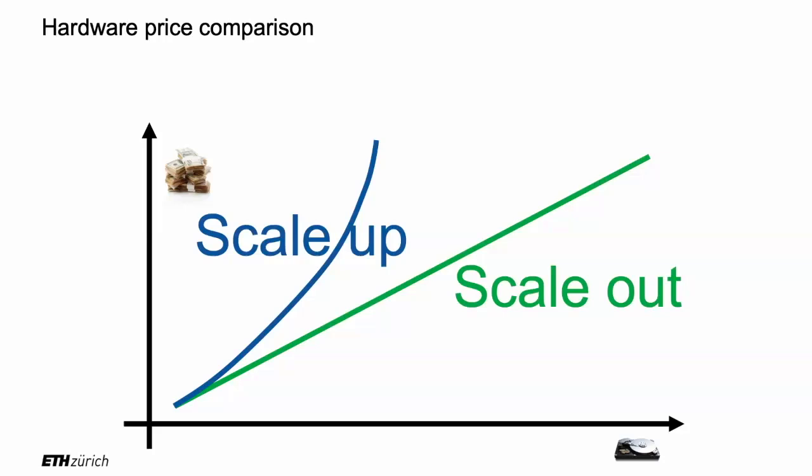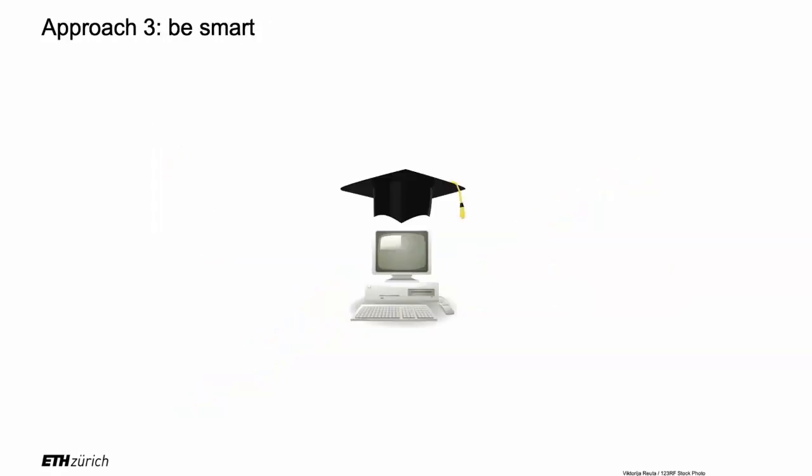And here I put a very simplified view, but basically the idea of scaling up is that the cost grows exponentially and even hits a wall, because past a certain limit, you will not even find any commercially available machine that is big enough. But scaling out, as long as you don't reach the scale of the entire planet, is still going to be linear, right, in cost per byte. So this is why we love to scale out. But I have a third way that I'm going to tell you about after the break. So I'm keeping that cliffhanger.